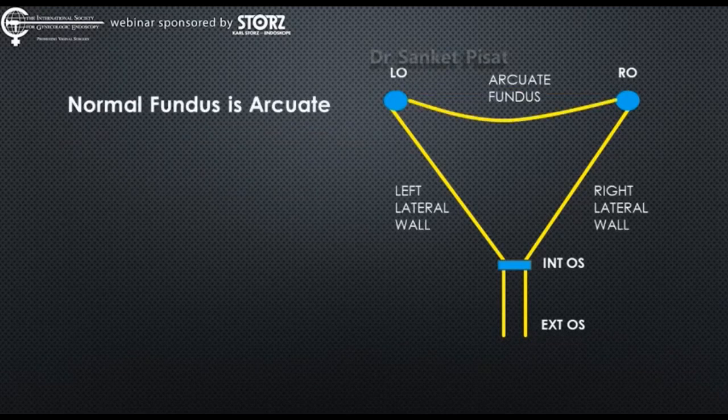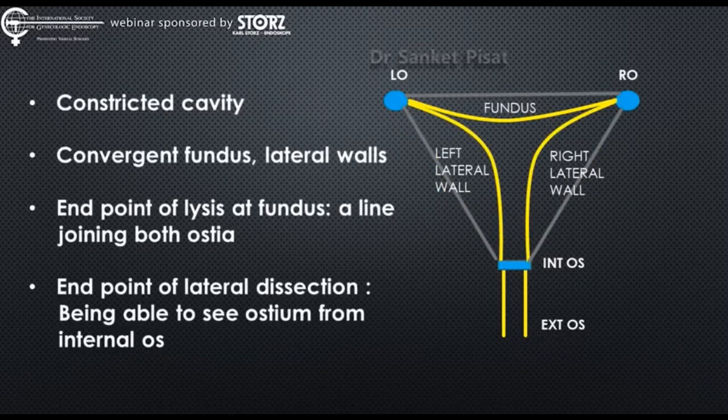We are also aware that the normal fundus is arcuate rather than flat in shape. In case of severe intrauterine synechia, other than presenting as bands in the center of the cavity, these synechia are usually also seen as an indrawing of the fundus and also an indrawing of both the lateral walls of the uterus, kind of a similar picture as would be seen in a severe T-shaped uterus.